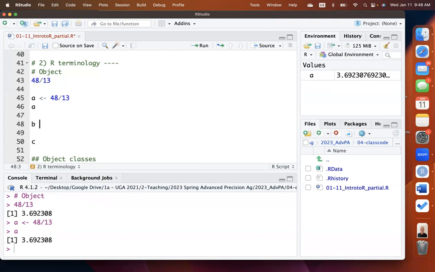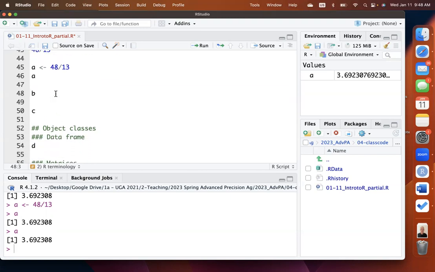Okay, so the object A has just one value, right? What if I actually wanted to save multiple values to an object? How would I do that? So let's do that here with object B. So we use the assignment symbol again, and let's say I want to give it 3 numbers. So let's say 10, 15, and 3 that I'm just separating by comma. If I run this,